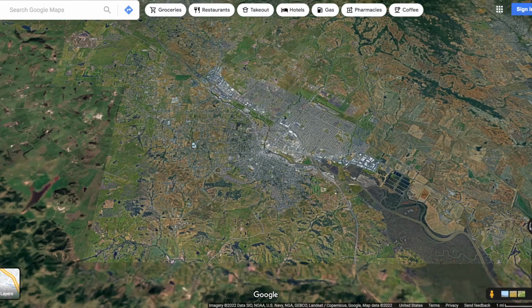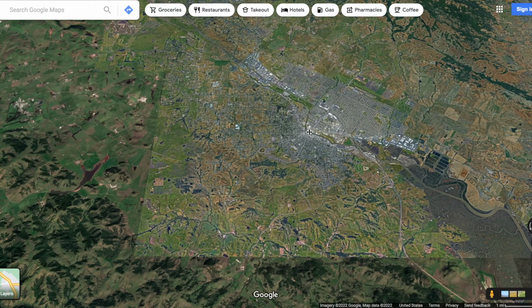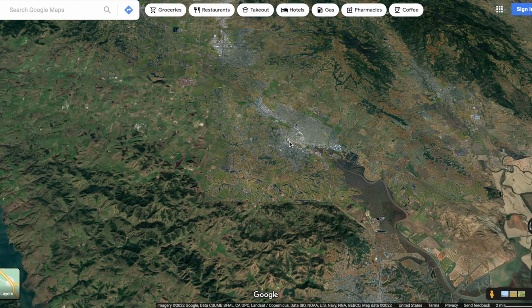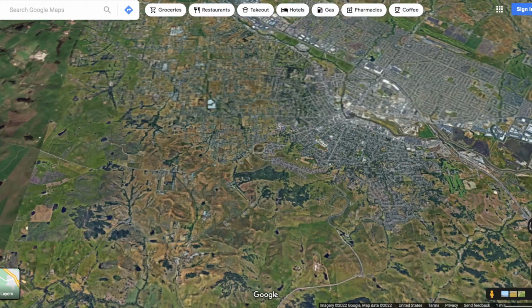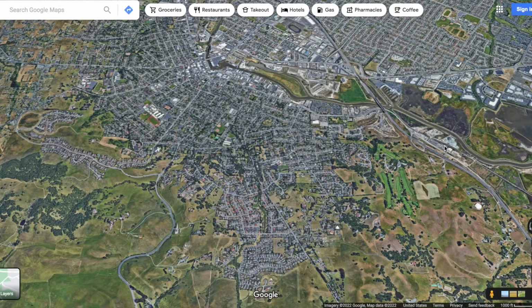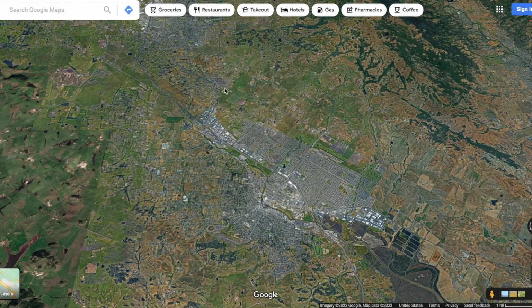Now that said, there's a pretty large hinterlands, a collection of farms that basically sort of feeds into the main town. The town doesn't really exist in isolation. And that said, there's also a number of, I think at least four or five unincorporated towns that do exist around Petaluma. The main one, or at least the closest one, would be this area here, which is called Haystack. And there's a couple of other ones. Pengrove over here, Liberty over here,